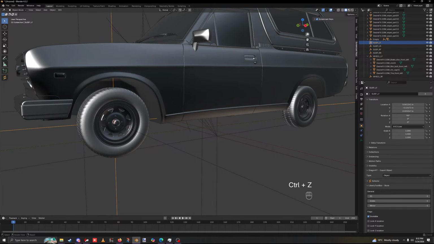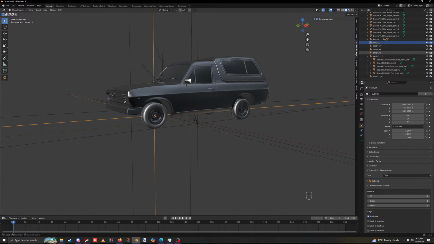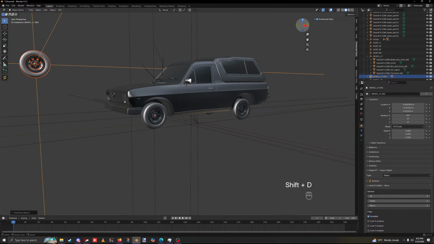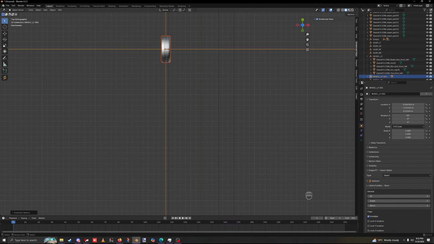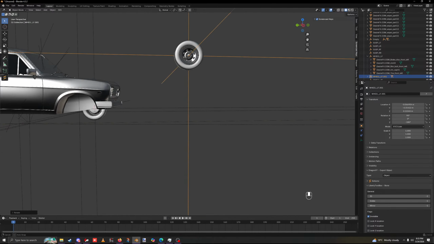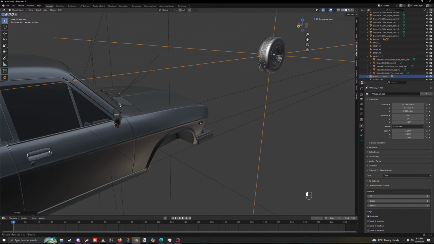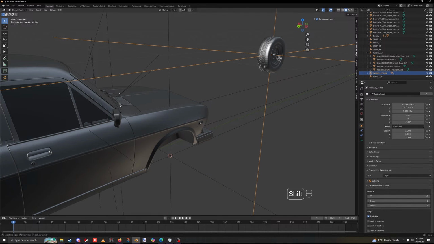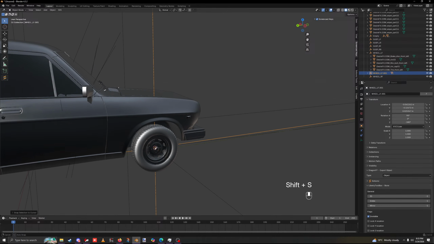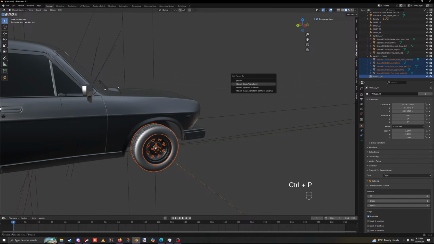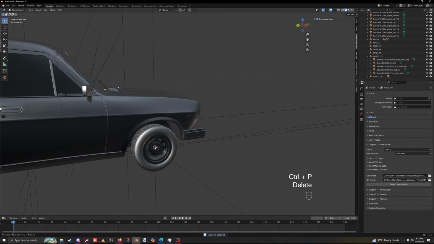So once this is selected, if I want to duplicate this, I can select everything in here and say Shift D, and I can just move it somewhere. And if I now rotate this extra one 180, so now it's facing the correct way, I can select this one here, this wheel RF, Shift S, cursor to selected, because now you're putting your base point, and I can move the selection to cursor. And now I'll just move the parenting over to the correct one. And then I can delete that copy. So now it's parented to,